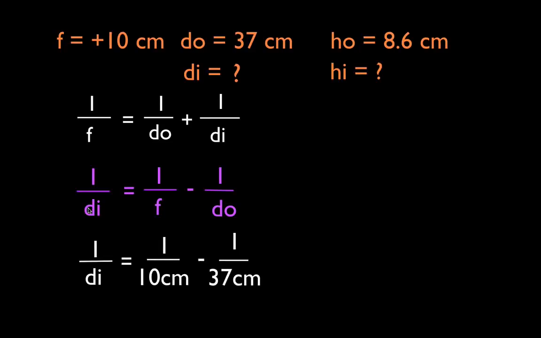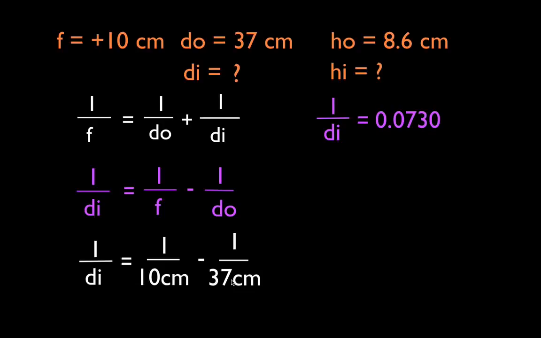The focal length is 10, so 1 over 10 minus 1 over DO, which is 37, so we get 1 over 37. I'm just going to put this into my calculator: 1 divided by 10 minus 1 divided by 37. As long as you have a regular graphing calculator, you'll get the right answer. You don't need to use any parentheses or anything like that. If you have order of operations, then you'll come up with that 1 over DI is equal to